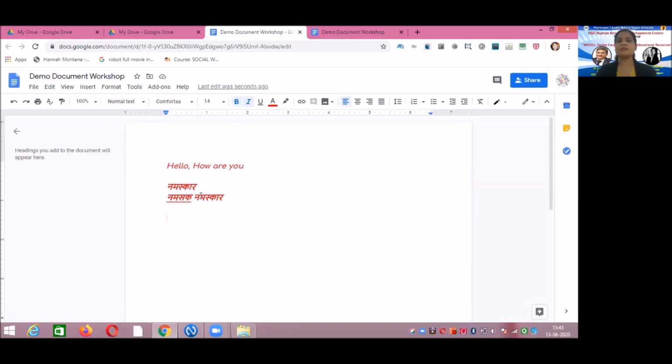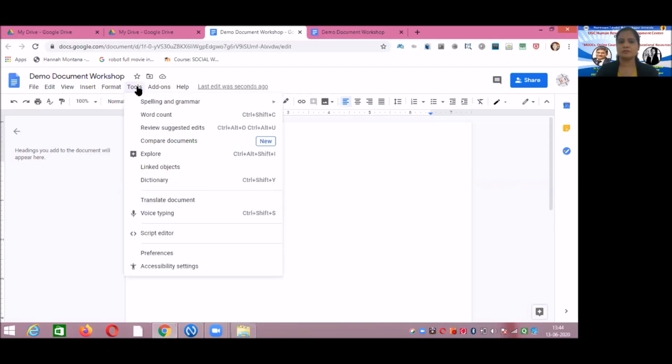If your document is ready in English, you have to translate that document into some different languages. There are n number of languages there. So for that purpose, what you want to do is go to the tools option. Which utility are we going to study? How to translate a document. Go to tools, then click on translate document.